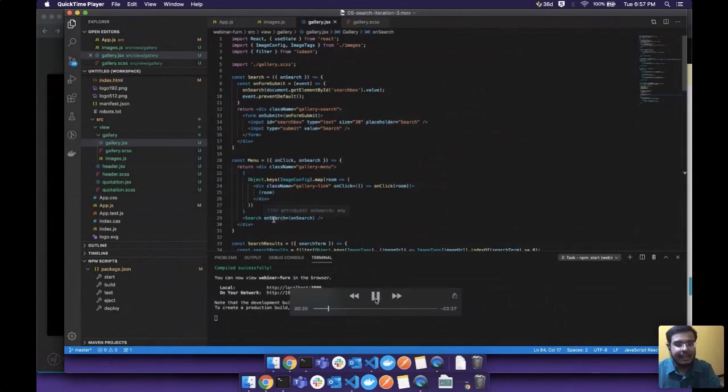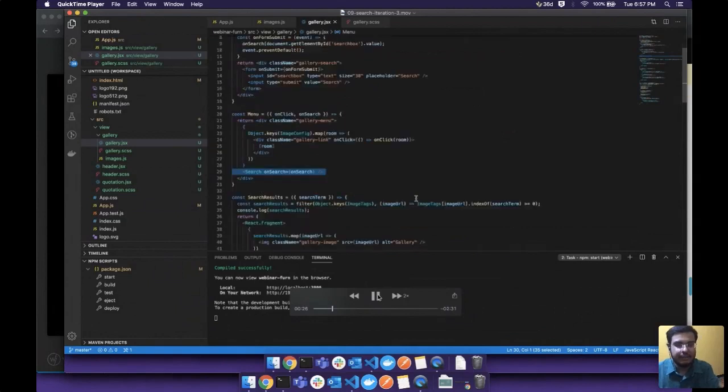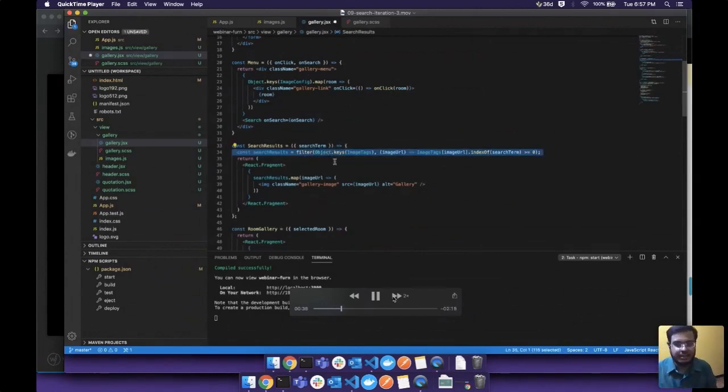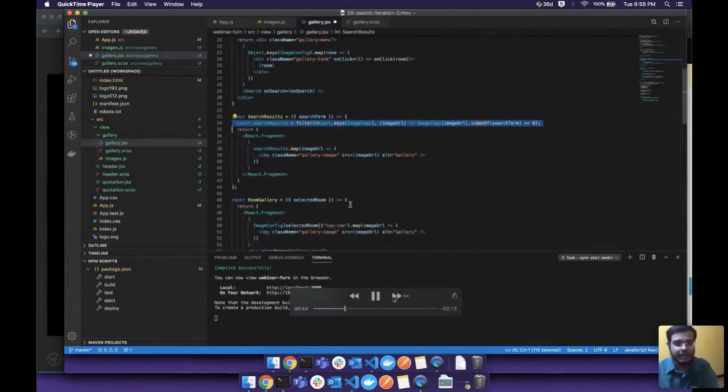And then I have the search results component, which will actually do the filtering process. For filtering, I use a third-party library called Lodash. By now you should know how to install third-party libraries. You say npm install --save lodash, and it will install it. So I'm not going to show it in my demo.